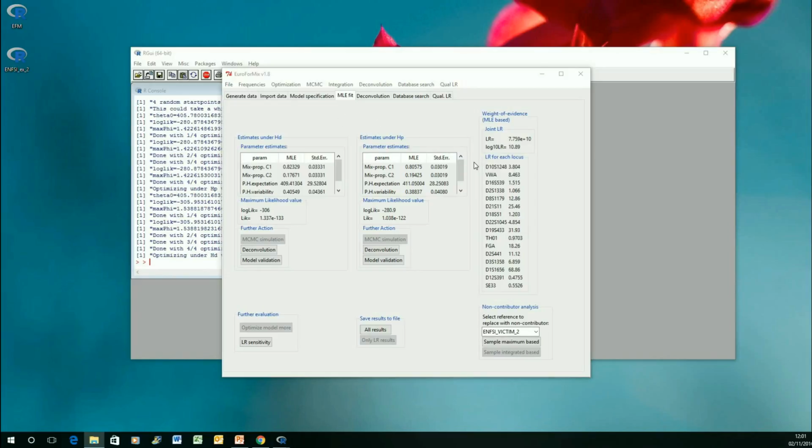And here under the MLE fit, let's look under the prosecution hypothesis. So the C1, C2 represent the two contributors. So C1 is the suspect under the prosecution hypothesis, and he is the major component, whereas C2 is the victim, and her component is around about 19% of the total. The likelihood ratio is log 10 to the power of 10,